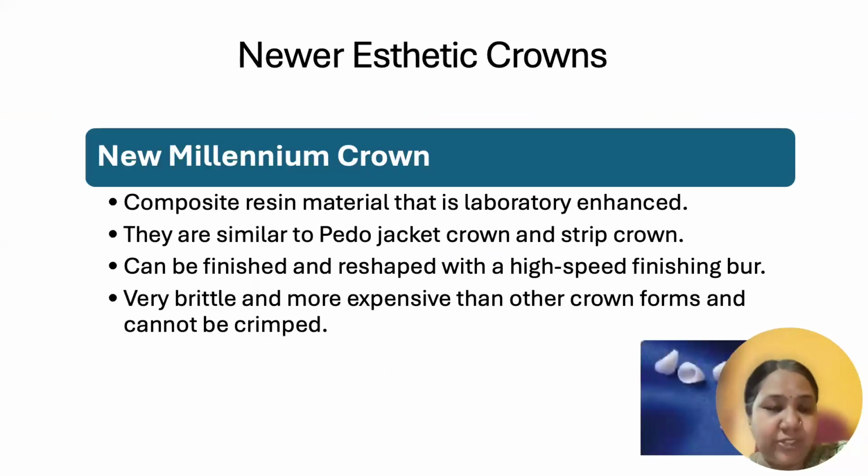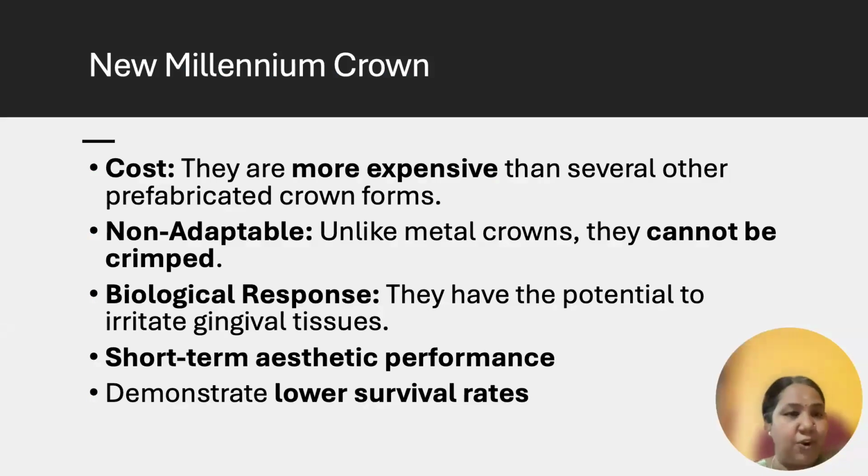Some of the newer aesthetic crowns are the New Millennium crowns. They are basically composite material that is enhanced in the lab, very similar to our Pedo jacket or strip crowns. They can be finished or reshaped with a high-speed finishing bur, but they are very brittle and more expensive than the others. And of course, these crowns cannot be crimped. They also have the potential to irritate gingival tissues. So we can use them when short-term aesthetic performance is indicated, and they show